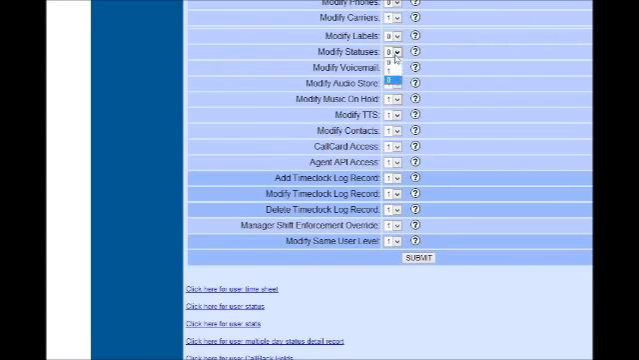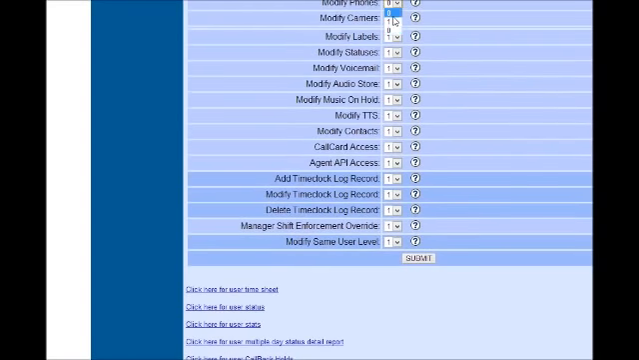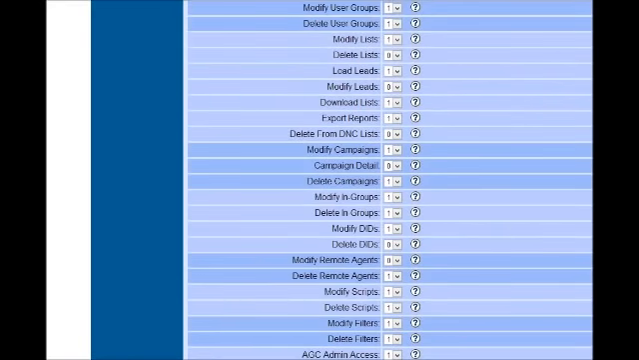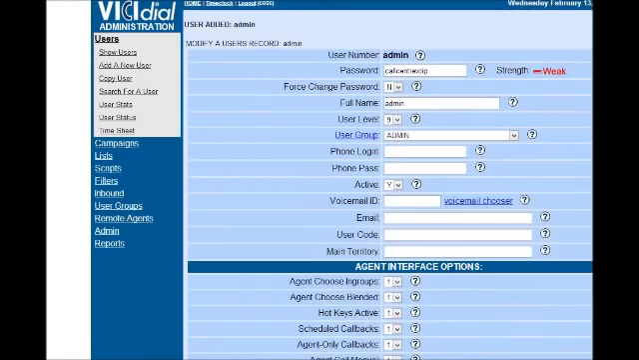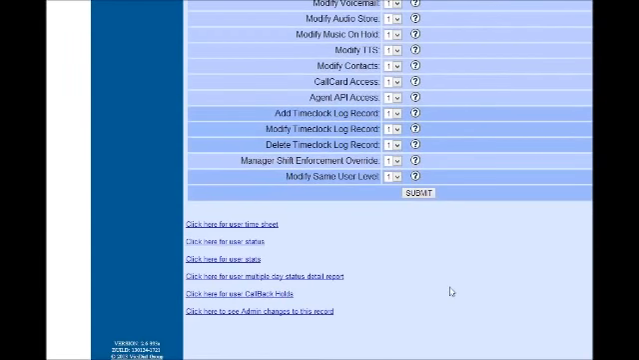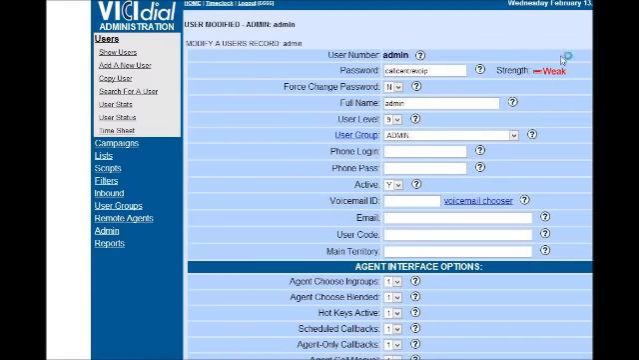This is a complete open access administrator which can do any changes within the dialer. Be careful if you have IT people, this is not the access you want your staff to have. You can restrict them by placing 0 on any one of these. There is another demonstration on how to do that and what is recommended. Okay, we'll submit that. Now we have a fully accessible username, so we can log out